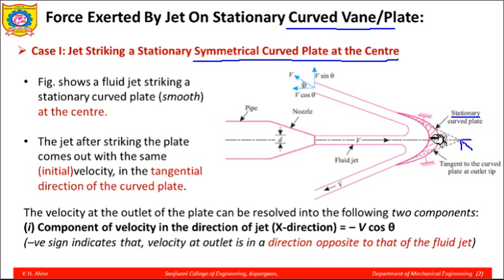After impacting on the vane, the liquid will get bifurcated in two directions like this. It will get divided into two streams of fluid. One will flow in this direction, the other will flow in this direction. So the liquid will get bifurcated, and it will eject out from the vane from its two edges or the two tips. The ejection of the liquid is tangential, tangential to the tips of the vane.